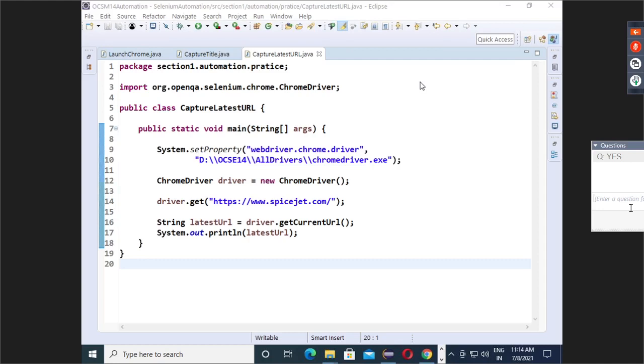In your current class, check whether you have the main method or not.